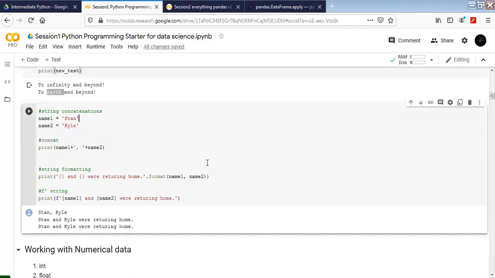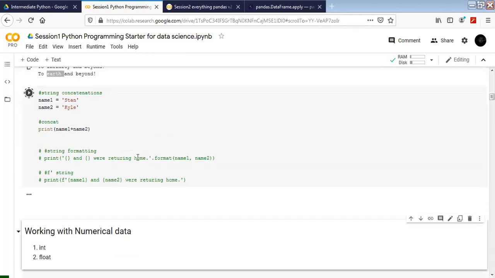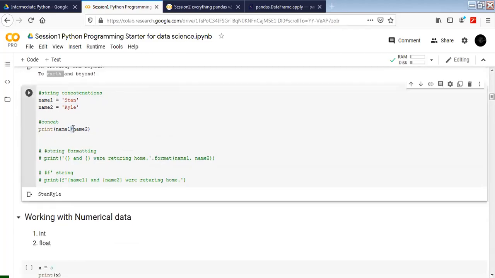Next we are going to try string concatenation and outputs. There is a simple way we can concatenate strings using just the plus sign. For example, I have name one, Stan, and name two, Kyle. I can use a plus sign, and both strings are combined together.